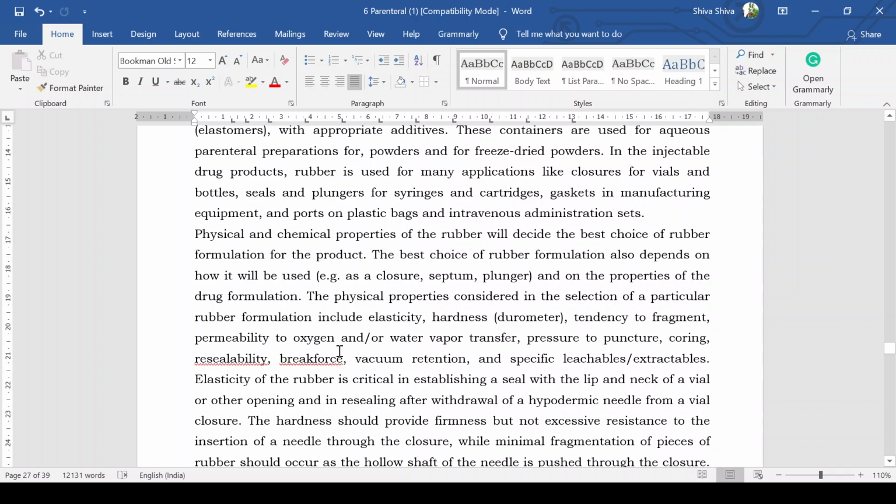Which are the parameters? Elasticity, hardness, tendency to fragment, permeability to oxygen or water vapor, प्रेशर टू पंक्चर. ओके, सिरिंज आतमध्ये लोटण्यासाठी किती प्रेशर लागत आहे ते प्रेशर टू पंक्चर पण नोट केलं जातं. कोरिंग, रिसिलेबिलिटी अँड ब्रेक फोर्स, देन व्हॅक्यूम रिटेन्शन, देन स्पेसिफिक लिचेबल्स, extractables present in rubber container. Here is one word, coring. This coring indicates again shedding of a larger portion of rubber inside the